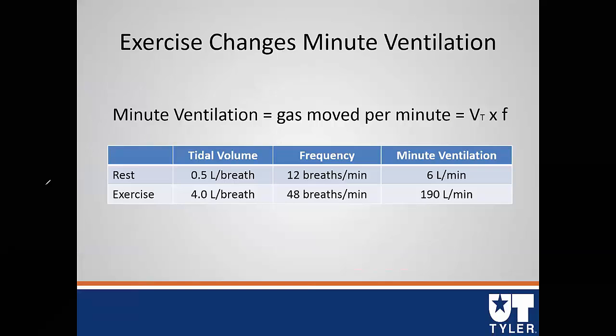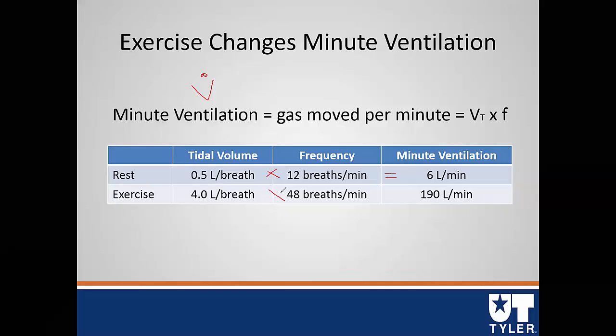So if we take a look at changes in minute ventilation, this is gas moved per minute. We can say this is V dot, which is tidal volume times frequency. Some general numbers: at rest, we breathe about half a liter per breath at about 12 breaths per minute, which gives us a minute ventilation of about 6 liters per minute. Right? All we did was multiply 12 times 0.5,